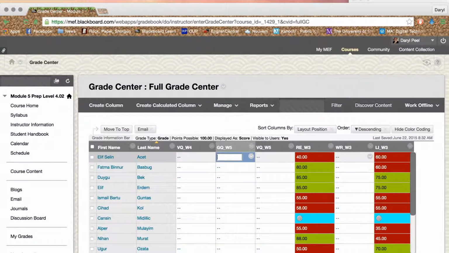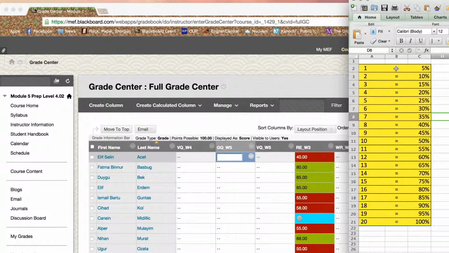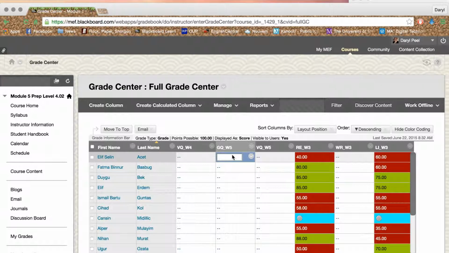So we have the grammar and the vocabulary, grammar here, vocabulary here, as well as the reading. To convert them, it's pretty easy, 5% increments, so 1 is 5%, all the way up to 19 is 95%, 20 is 100%. So once you've got the percentage, grammar, let's type it in and press enter, and the grade will be